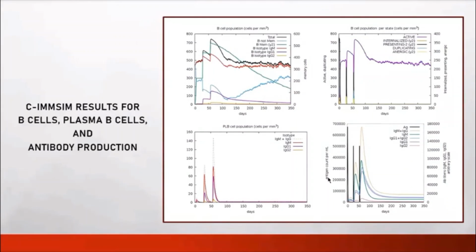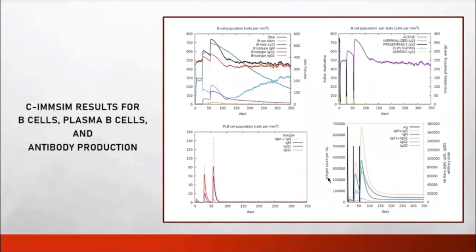On the top right graph, what's important to see here is that active B cells are still steadily present 2 months after injection until the end of the year. There's a little blue line in the points of injection, the 3 points of injection here, that shows the amount of duplicating B cells. I think it reaches only around 100 cells per cubic millimeter, so we can correlate this to the graph on